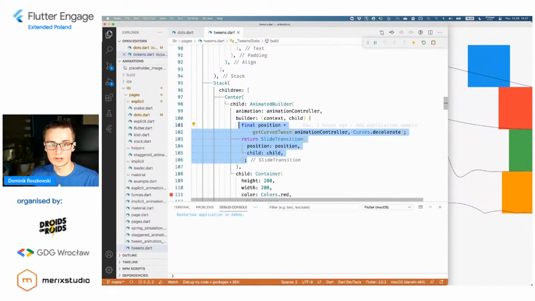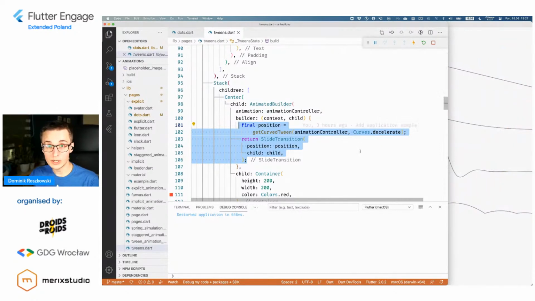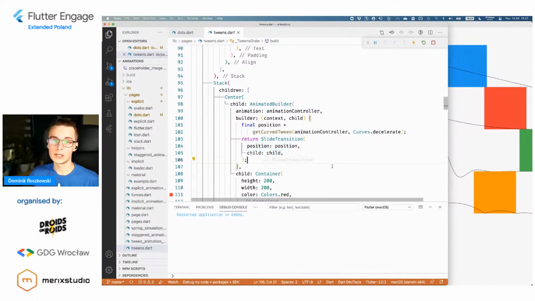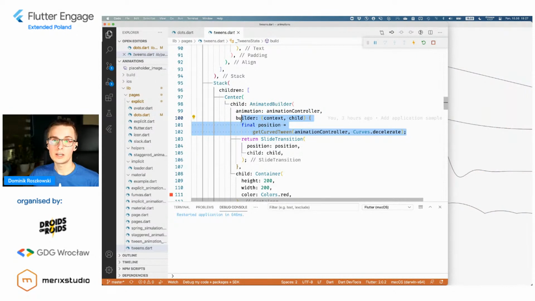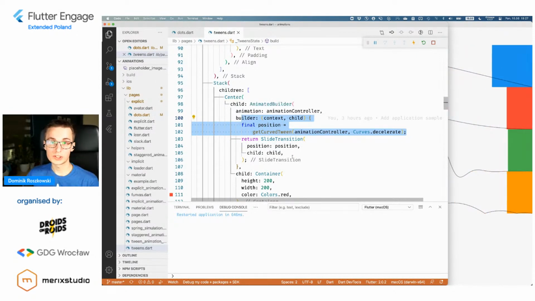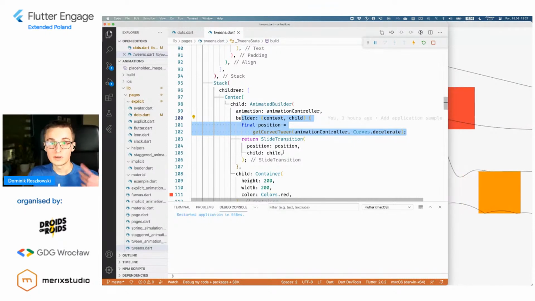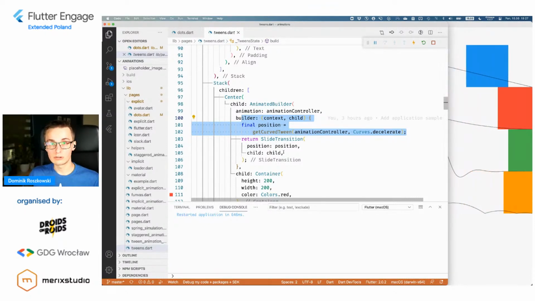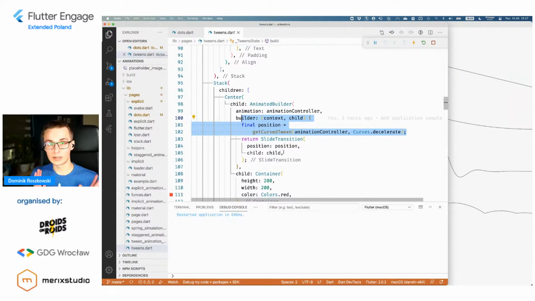What is very helpful, especially if you just want to tweak your animation and see how it looks, is to create this inline with your animation or widget, because this gives you a fast development cycle so that you can quickly iterate on the animation. Then when you're ready, you can extract this and make it a static field on your class, so that the tween is not being recreated every time